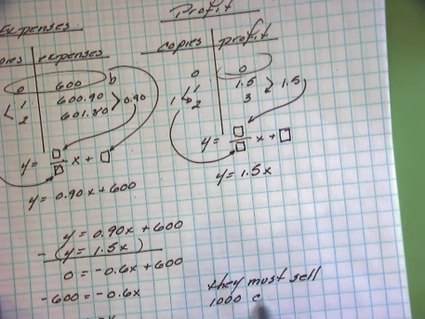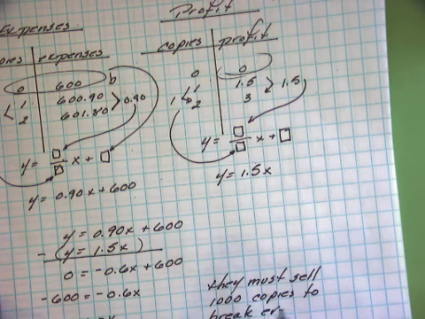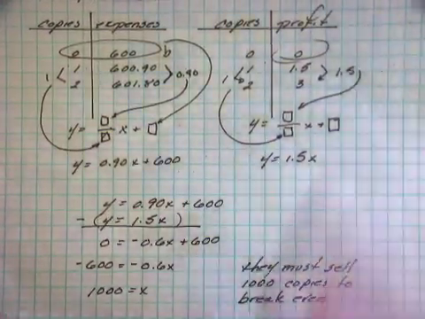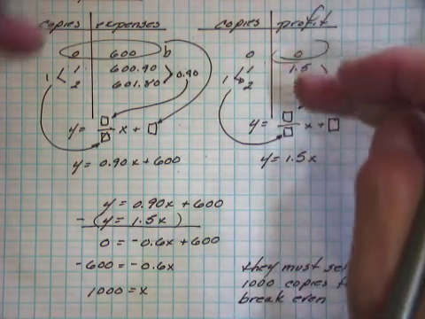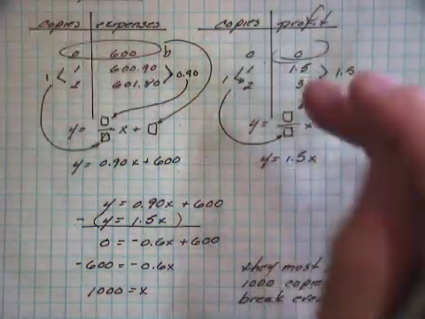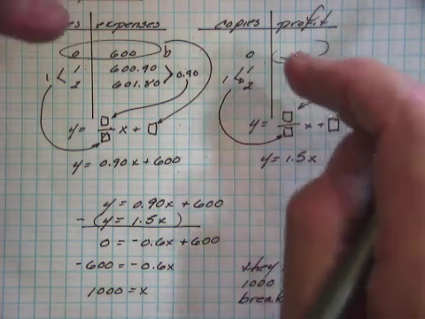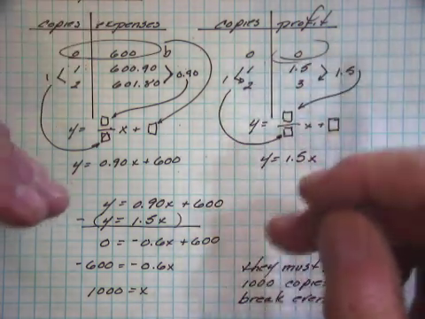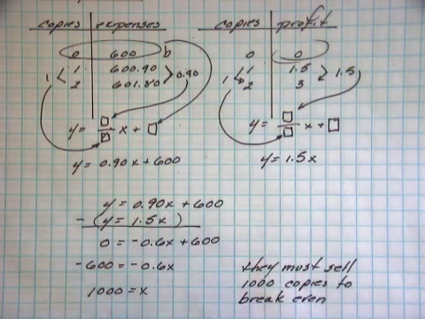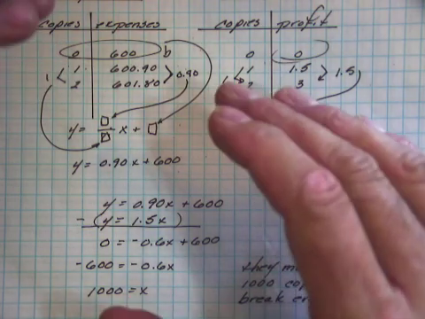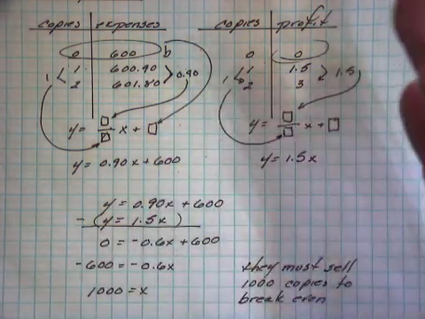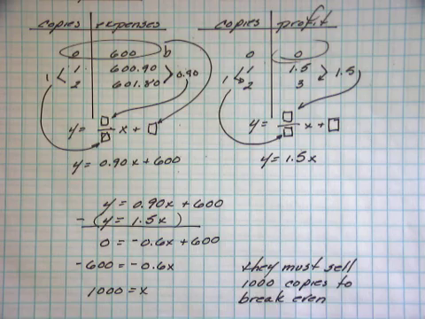So you must sell 1,000 copies to break even. Anything over 1,000 and you're finally making money. So it's a little more complicated, but if you do think about it, definitely put it into a table, and then from the table it'll help you decipher what the equation is. Then you can put it into some